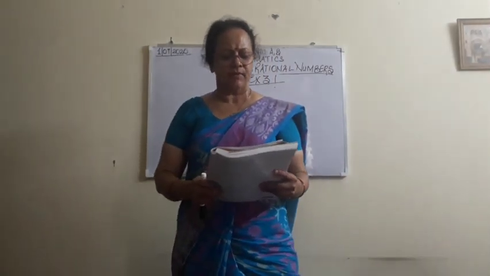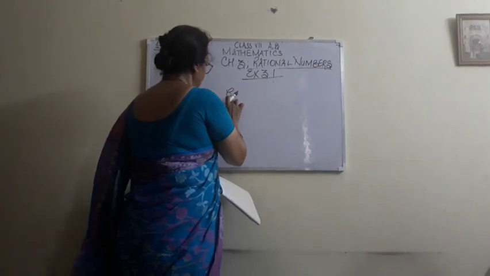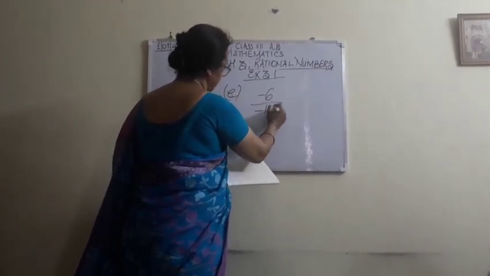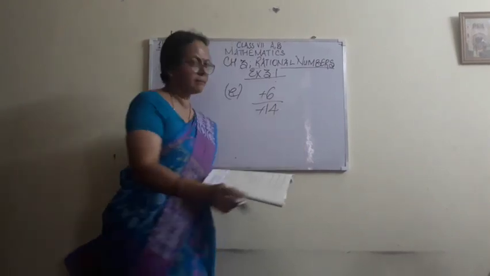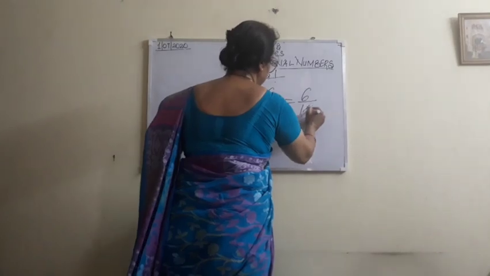Clear, students? Now this is written, okay, I am going to explain E part. In it, both the numbers are negative. Minus 6 by minus 14. Minus will be cancelled out by minus. So what will it be? Now this is simply 6 by 14. Means this is